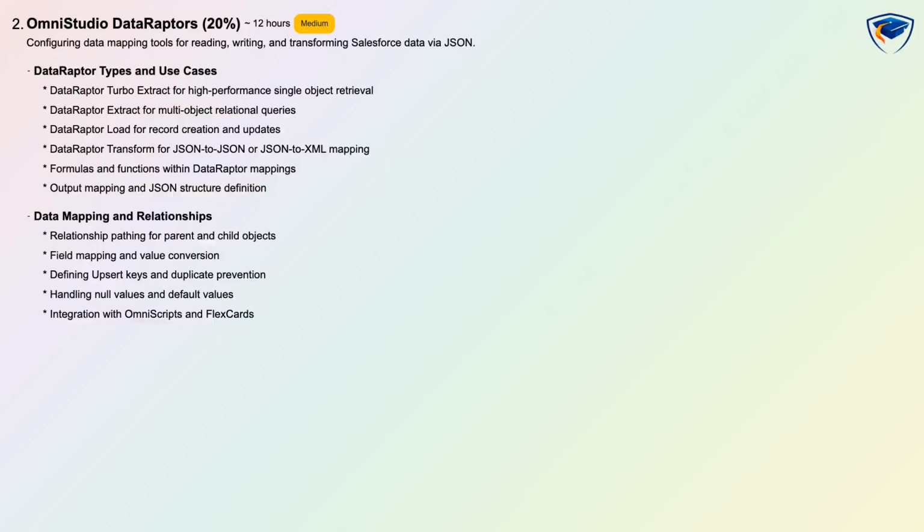You will study DataRaptor Turbo Extract for high-performance single-object retrieval, DataRaptor Extract for multi-object relational queries, DataRaptor Load for creates and updates, DataRaptor Transform for JSON mapping, formulas and functions within mappings, output mapping and JSON structure definition, relationship pathing, field mapping and value conversion, upsert key configuration, null and default handling, and how to integrate DataRaptors with OmniScripts and